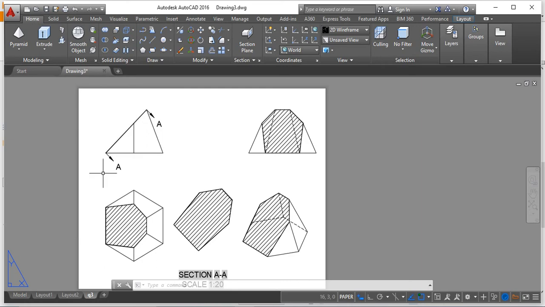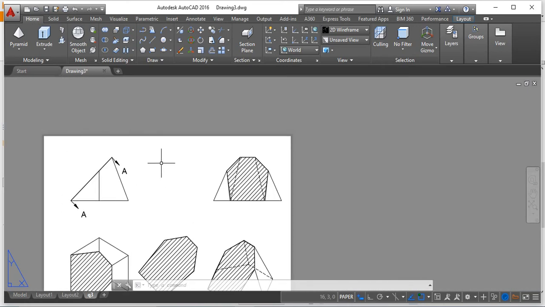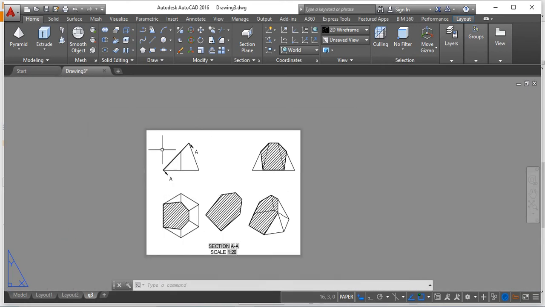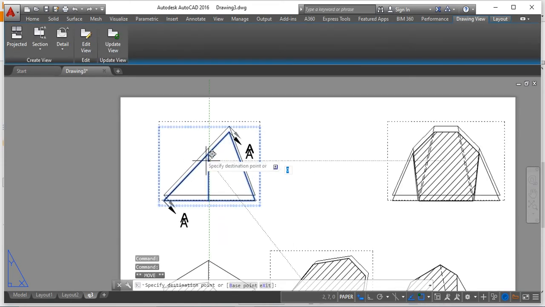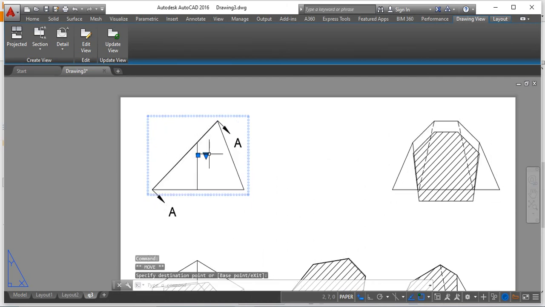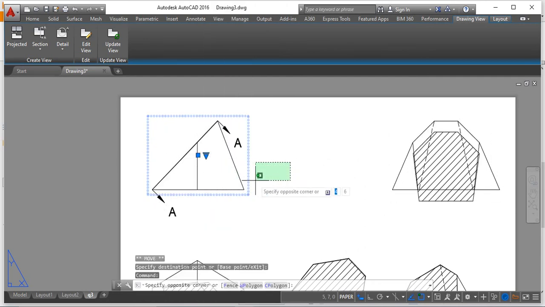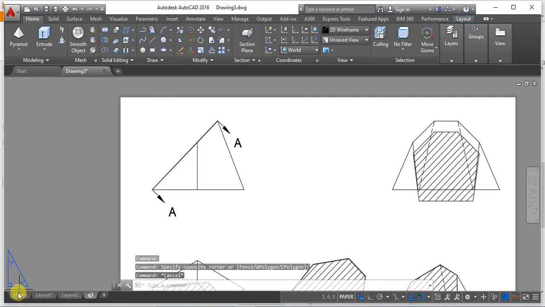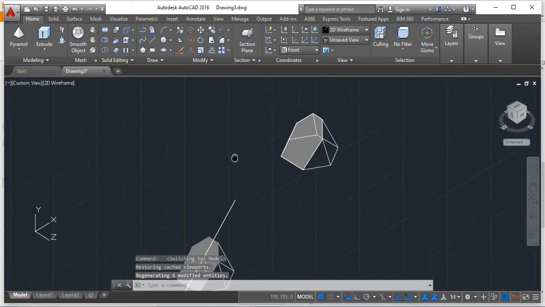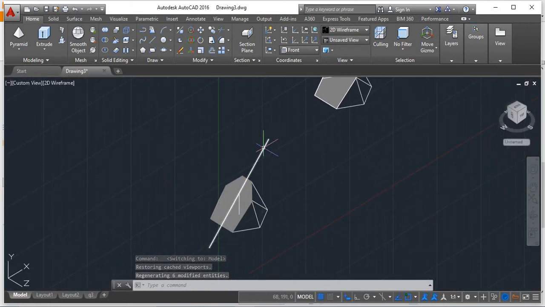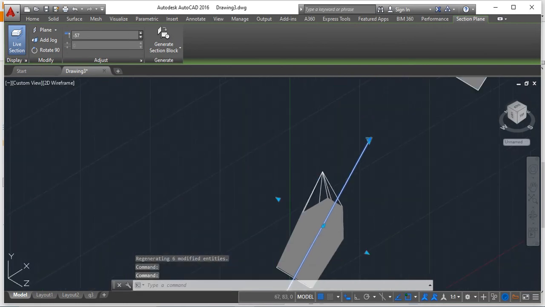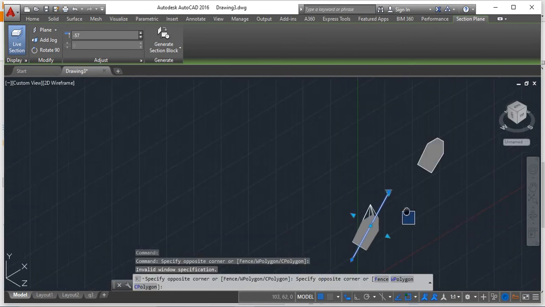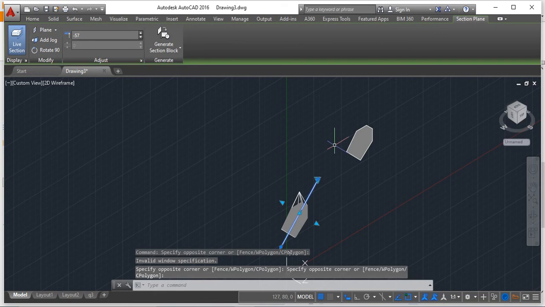The importance of these arrows is that the particular region would be retained. If I click on the arrows on the other side, it will actually terminate that part. That can be visualized here in the model. You can visualize which part can be terminated. Select the line and you can visualize an arrow here. If I click on this arrow, it will retain the bottom part and terminate the left out part. Like this you can modify things.